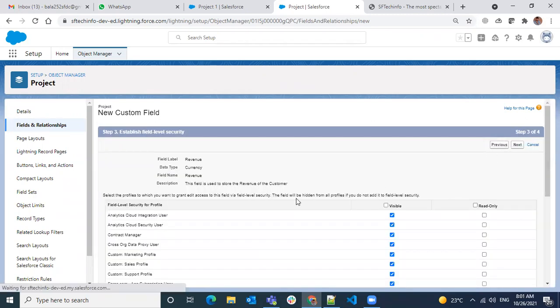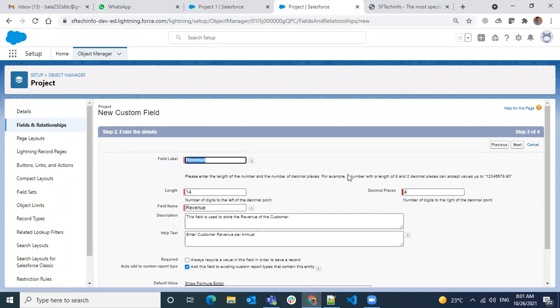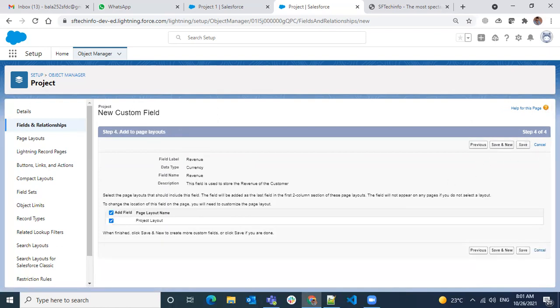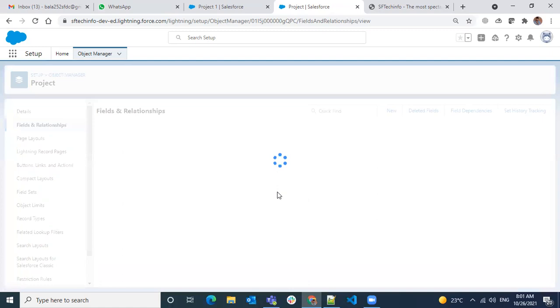So you have to remember, when you have big numbers to store, then you have to reduce the decimal places. When you have more decimal places, you have to compromise on the numerical size as well. You can have below that, so it's not mandatory to have 14. Even if you have a 10, it will allow, but combining both numerical and decimal places, you should not exceed the 18 digits. Same for currency and number field also. Both will be same.